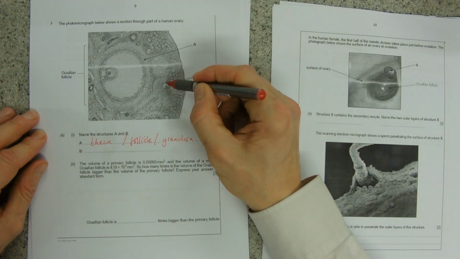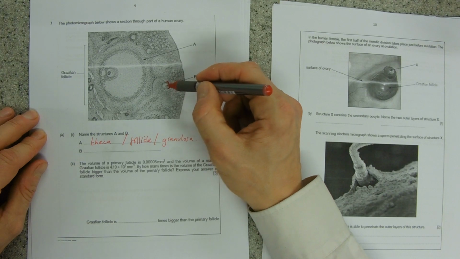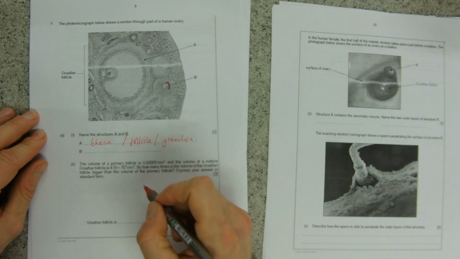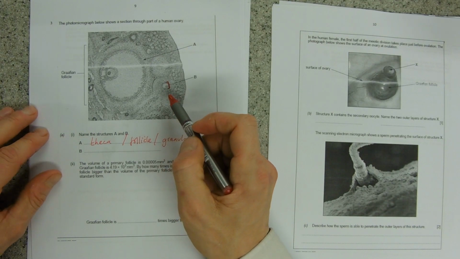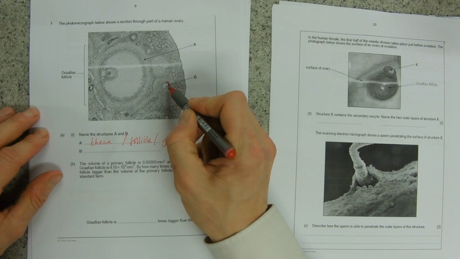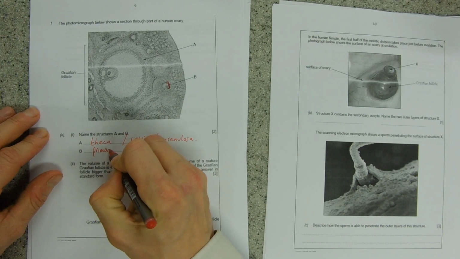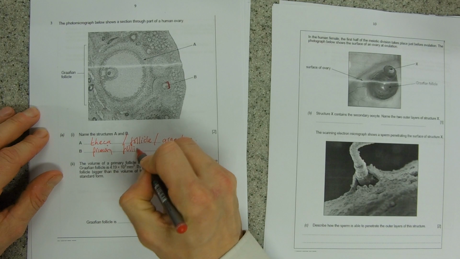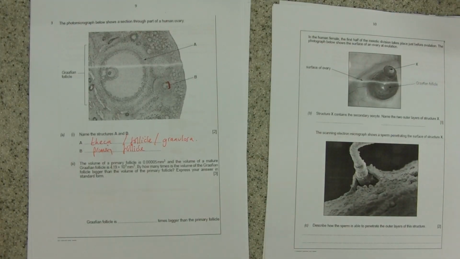And then B is pointing to, the label has got kind of a large bar on the end, so it's saying this whole thing. And so that is the smaller one, should give it away, is the primary follicle containing the primary oocyte. So primary follicle. And you could possibly get a mark for primary oocyte, but it's not really pointing to that, it's pointing to